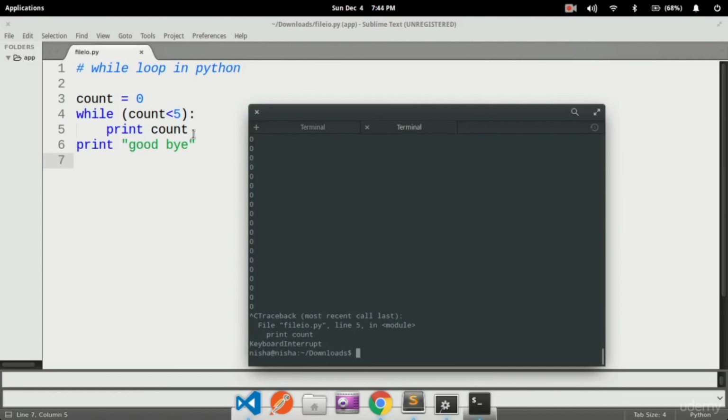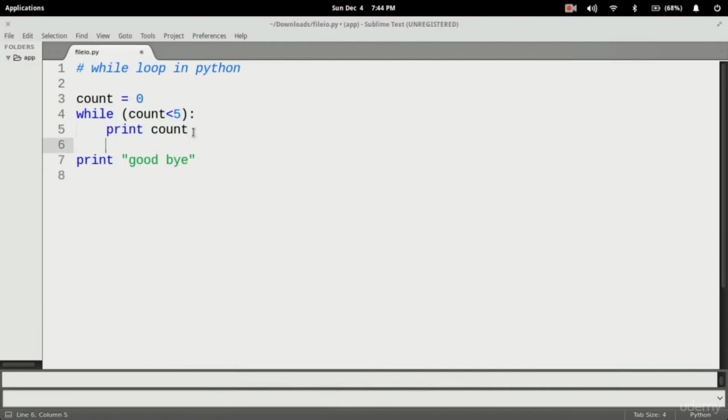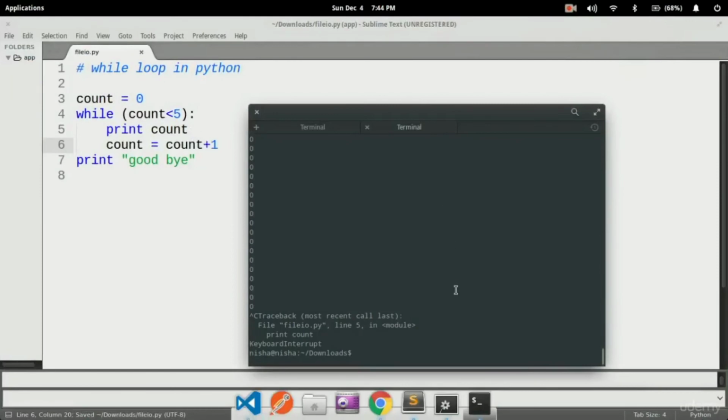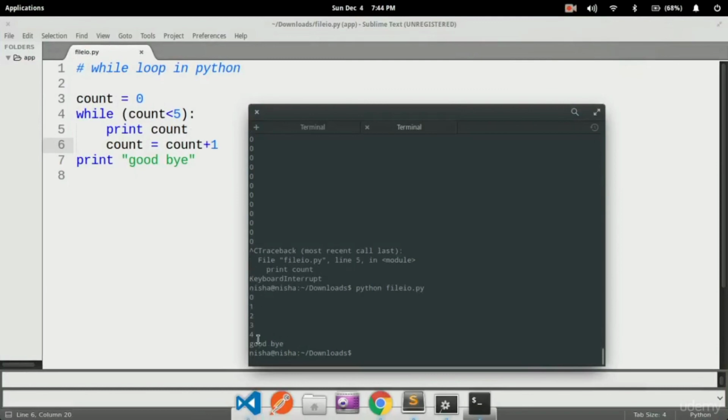Just go to the code and add something like count equals count plus 1, then it will show the actual result like this: 0 up to 4,